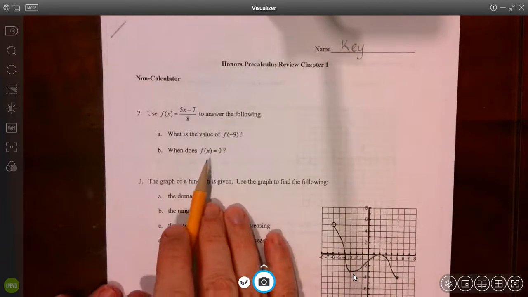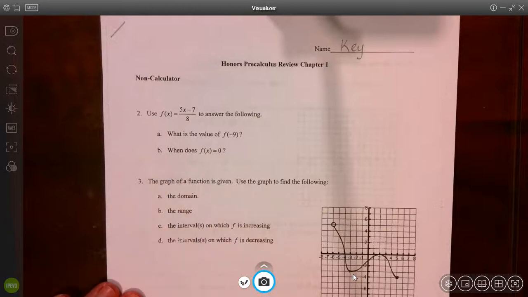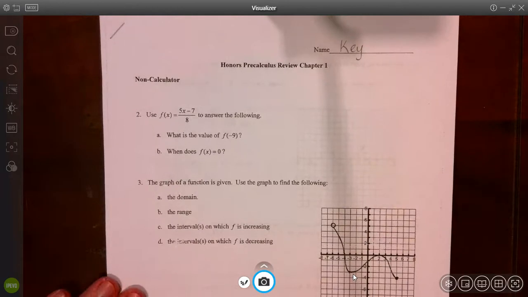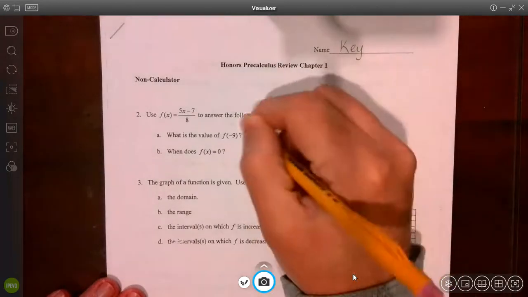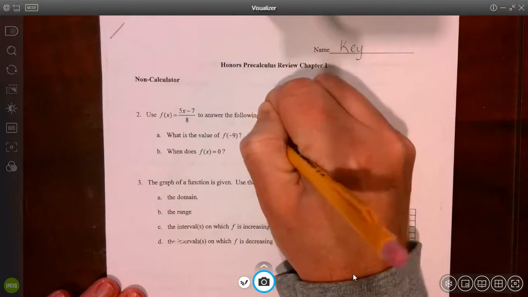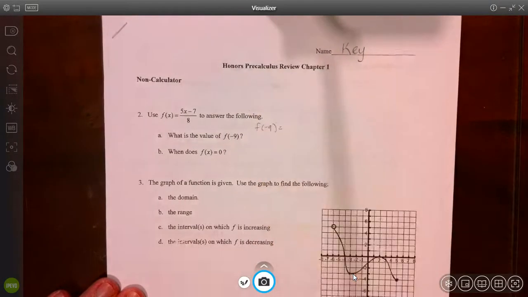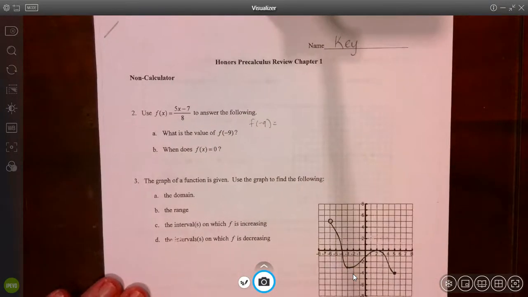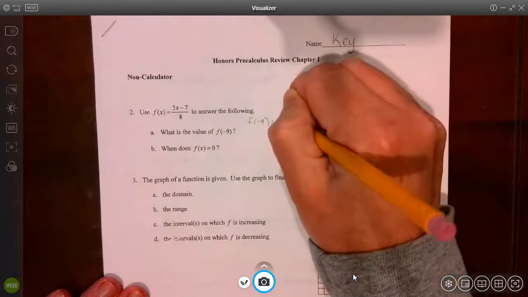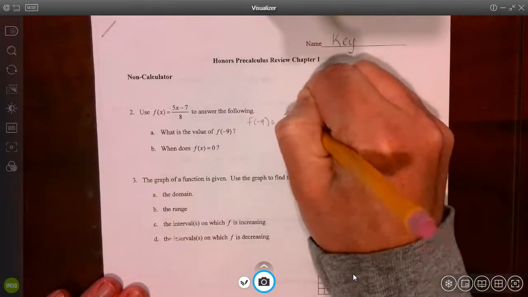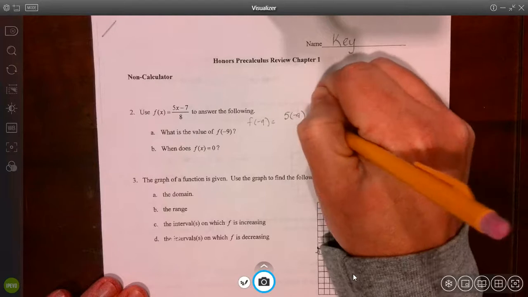So we'll start at the beginning here. It says use f of x equals 5x minus 7 to answer the following. A, what is the value of f of negative 9? Right, so to find f of negative 9, we simply just plug negative 9 in for x. So we have 5 times negative 9 minus 7